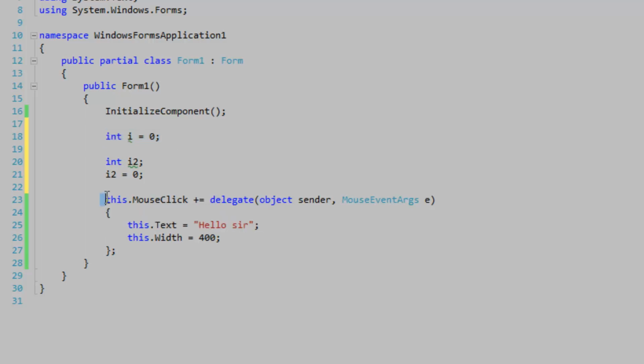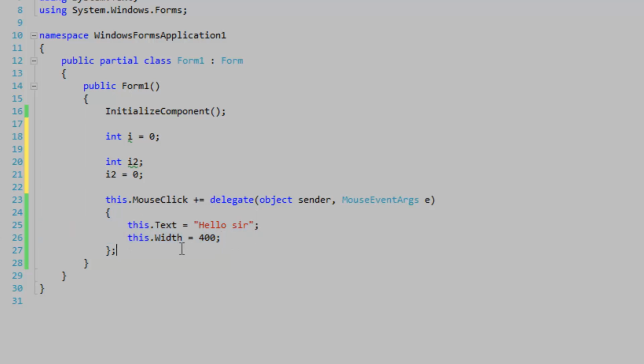So let's go down to this event hook here. So I'm hooking up this method defined down here. This is my body. This is my method within the form1 constructor that I defined, and I'm defining this method using an anonymous method. And you start off by just saying delegate, and then in round brackets, whatever you want to call them, you define your parameters, and then after that you've got the typical opening and closing curly braces, except you have a semicolon on the end of them, and that will define your